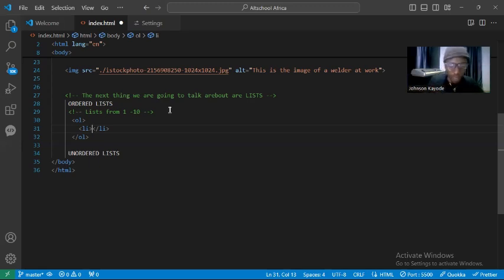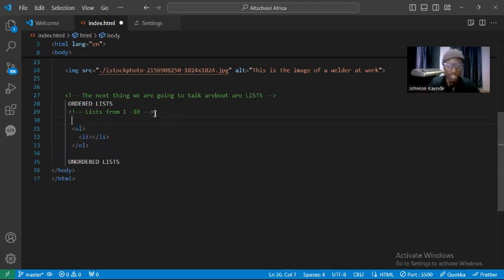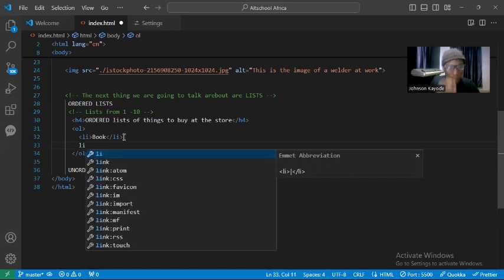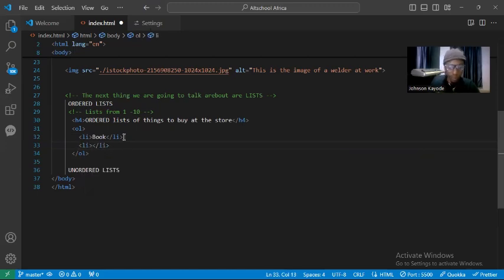So now let's say for instance you're going to a store. Okay, let's use the h4 tag to say ordered list of things to buy at the store. And the first thing on our list is book. Then we go to the next line, li. It's a pencil. Go to the next line,